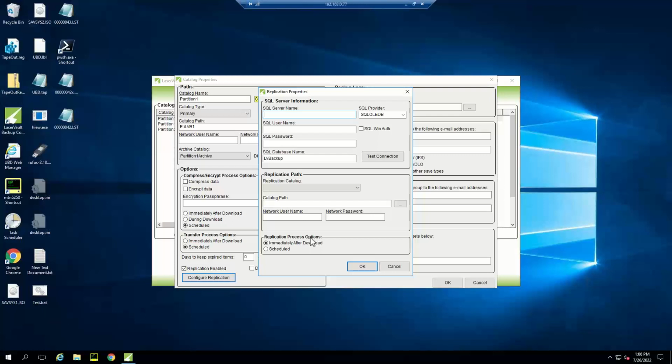Because if it can see the files of your backups, that database can be rebuilt. And then we're going to set the next option below that, which is the replication path, and we're going to define which catalog to replicate. We'll set up a replication catalog. The path for that catalog could be cloud storage, so